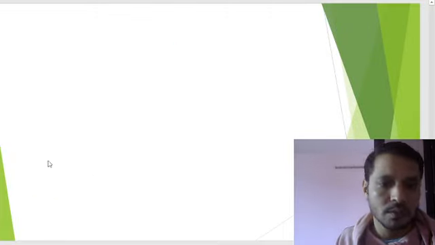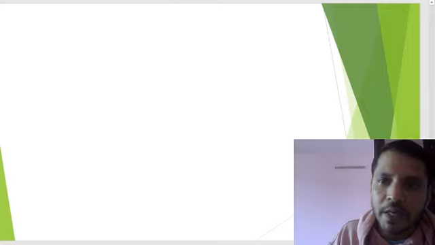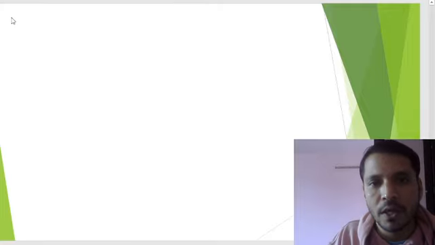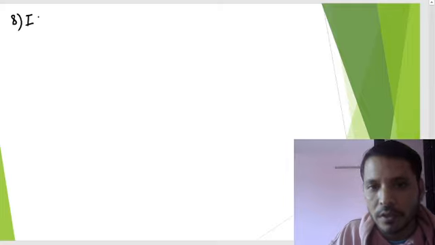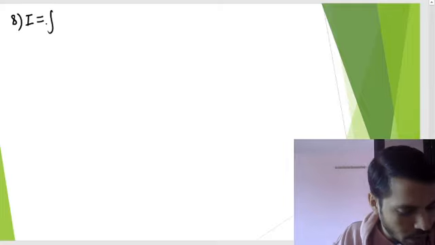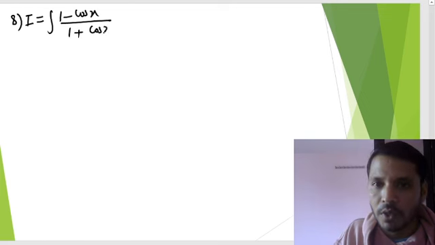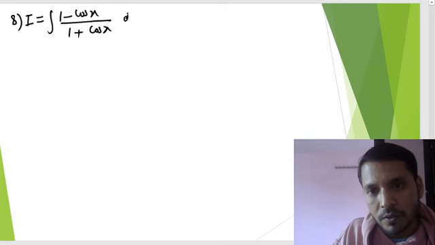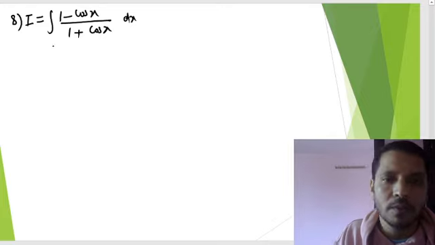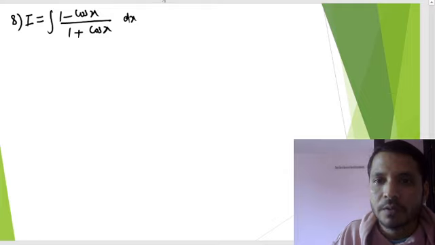Now we'll move to question number 8. In question number 8, we have to integrate I is equal to (1 minus cos x) divided by (1 plus cos x). This is easy actually. What we can do here is apply the same formula for both. Actually, one simple formula. What is that? We know that